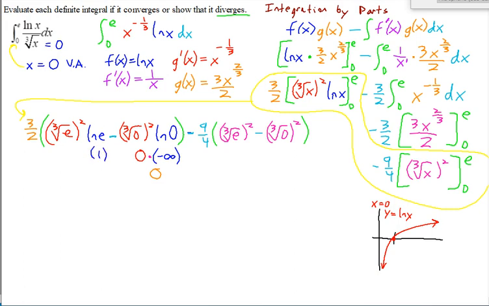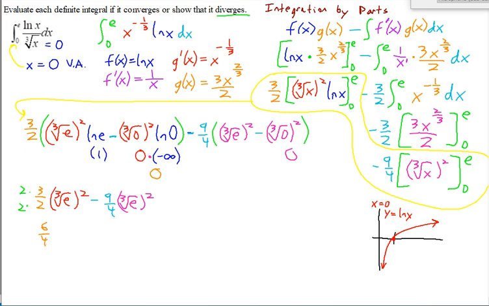So here we just have 3/2 cube root of e squared, and then minus 9/4 over here, cube root of e squared. As again, this one's 0 here. So you can leave it like this, that would be correct. But if it was multiple choice, they'd probably get a common number, multiply this one by 2 over 2. So you'd end up getting